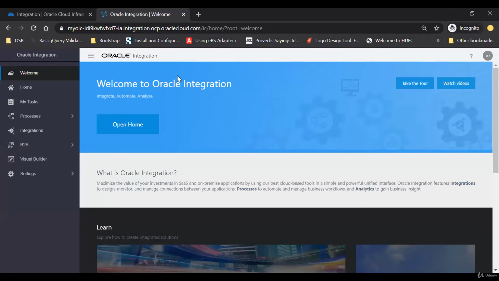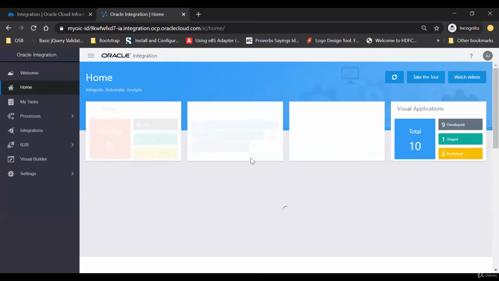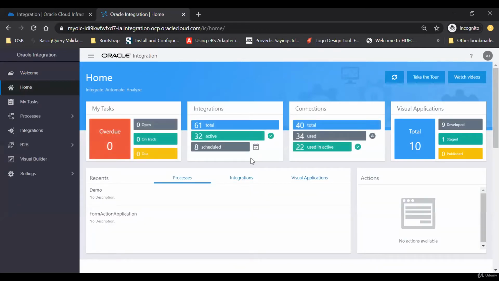Now let's go to the different navigations. The second navigation is the home navigation. This page shows different information, and it is categorized in different frames. All these frames depend on different navigations like processes, integration, and visual builder. Some frames depend on integration, some frames depend on Process Cloud Service, and some frames depend on visual builder. So the first frame, my tasks, is related to PCS,